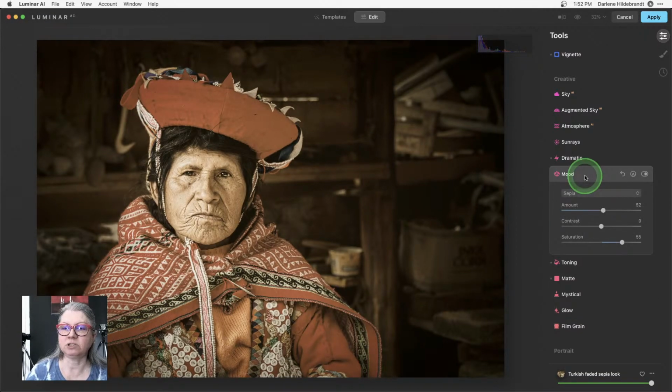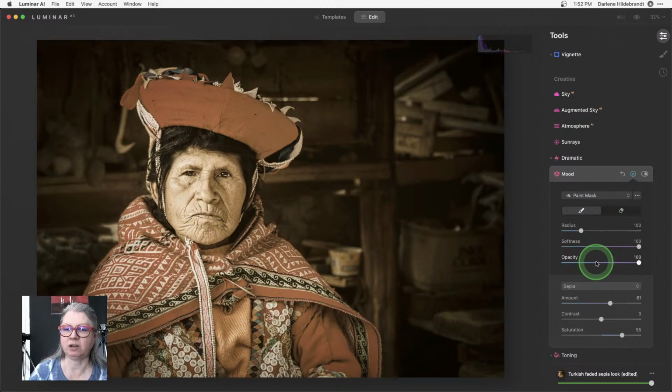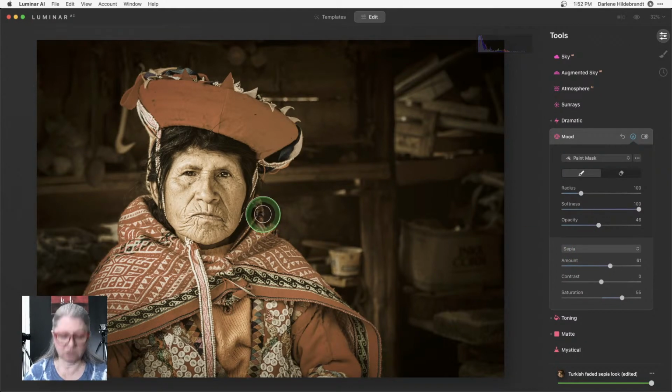I've also applied what's called a LUT. That is the mood tool inside of Luminar. I'll just turn this one off, and you'll notice that it's even called sepia, right? So you can see what that's doing, and you can change the saturation or how much this is affecting. Or I can also mask it. Remember I said I can erase it from anywhere. Let's say I want a little bit more of the red coming through. I'm going to make my brush bigger and paint with a lowered opacity.